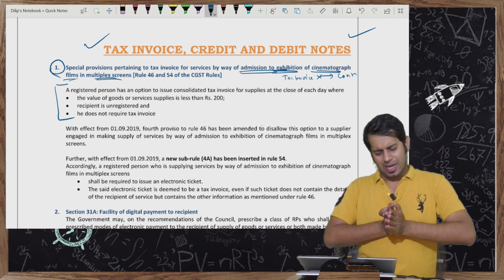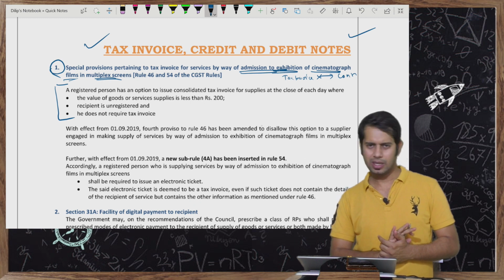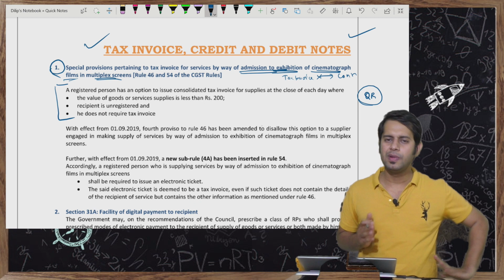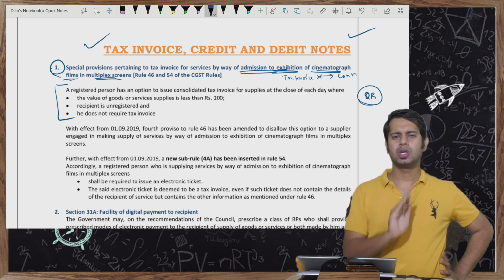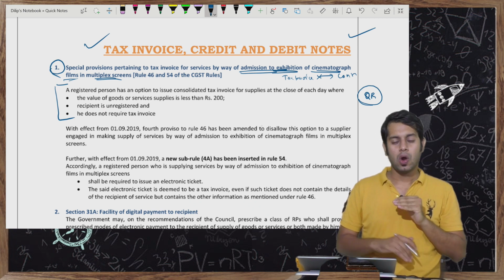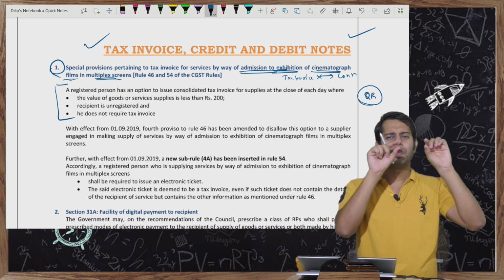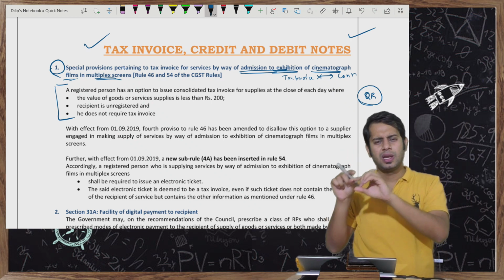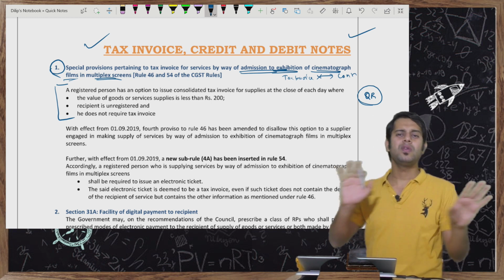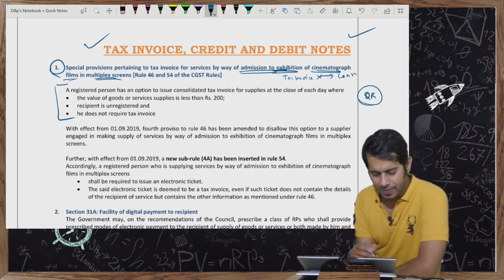For them, the other option they are giving is, instead of giving any such document, you better give an electronic ticket. Your electronic ticket will be valid, and even if it has a QR code, it will be valid. You don't have to follow all those different provisions or all those mandatory fields which are required to be there in a tax invoice. A tax invoice should have invoice number, invoice date, GST number of supplier, GST number of recipient, description of goods, description of services, the HSN code, etc. That provision will not be applicable to you. That is the only change which has been made.